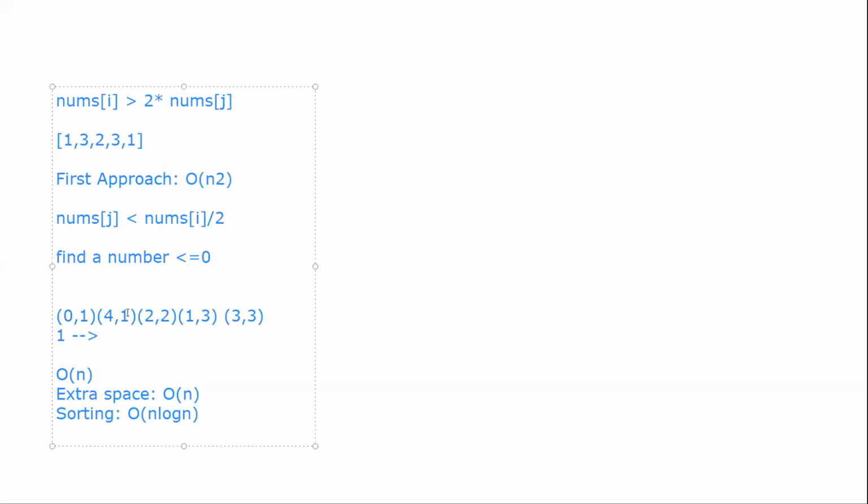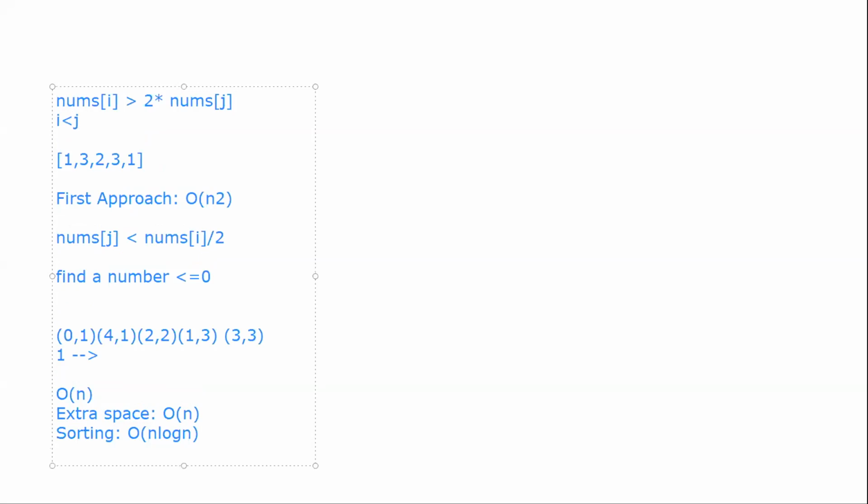Are you asking that, let's say I find a value, then I also have to obey the condition that i is less than j? Right. So for that logic, I was thinking that once I find a value, let's pick a value 3 here. If I'm looking for 3, then the number I'm looking for is less than or equal to 1. Any value in this array which is less than or equal to 1, right? Now, once I find that value, I check its index, it's 4, which is greater than my element's index. So I will add it to my result.